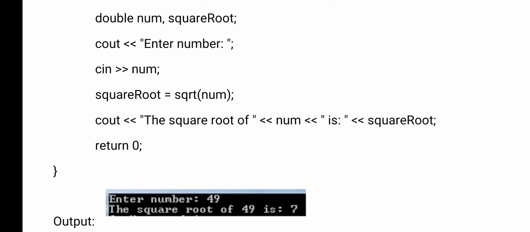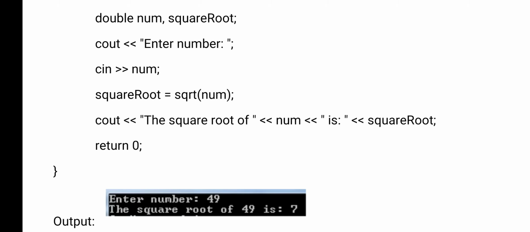in num. Next, after storing the value into that variable, here what I am doing is I am calculating the square root. So square root equals sqrt. Sqrt here is nothing but the function, a library function. Square root is a library function, and to execute this function, whatever statements are needed, whatever code is there, this function is already there in the software. Just you need to pass the value. So sqrt is a library function.